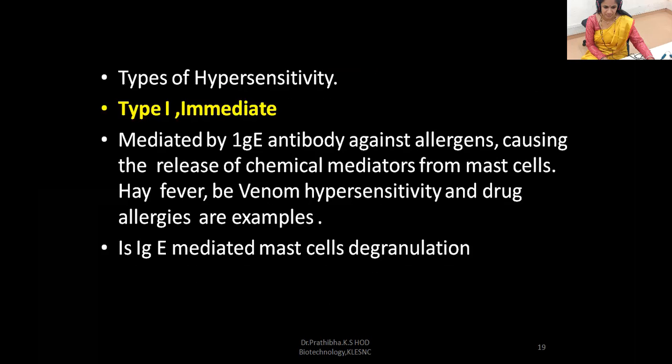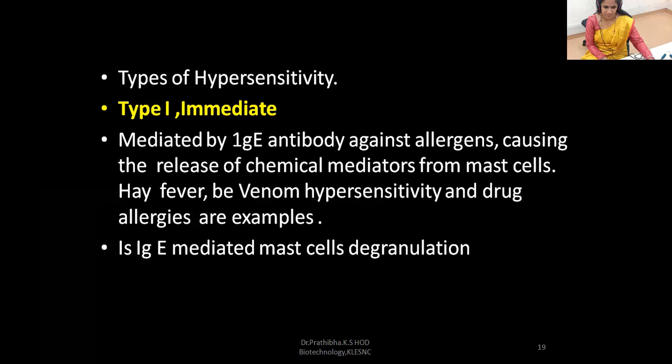hypersensitivity. Now let us go through type 1 hypersensitivity, which is also known as immediate type hypersensitivity. This type 1 is mediated by IgE antibody against allergens, causing the release of chemical mediators from mast cells. The resultant hay fever, venom hypersensitivity, and drug allergies are examples, and it is IgE mediated mast cell degranulation. So this is all in brief about type 1